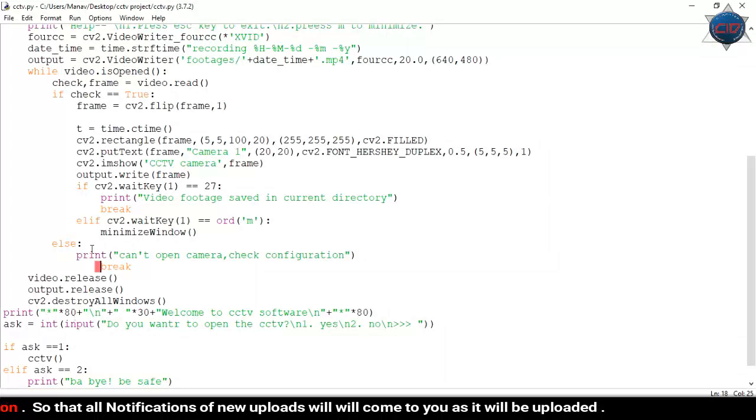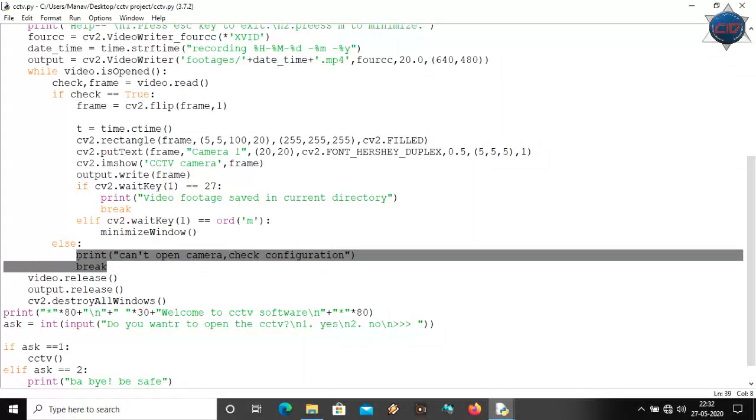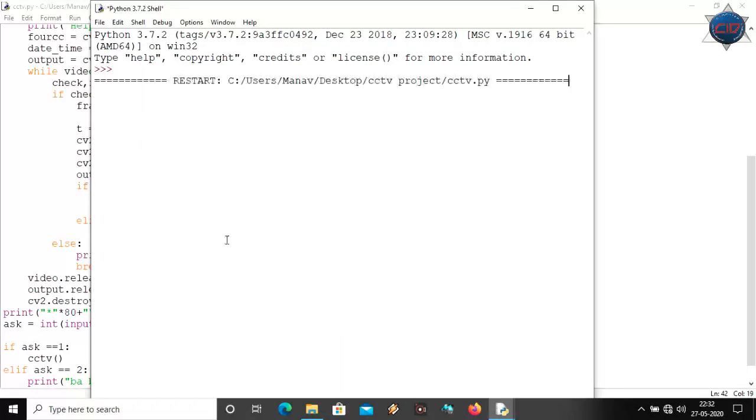There is an expected break here. Now you have to notice that this else statement is for this if. That means if the check is not true, if the check is false, then it will run this. Okay, that's it. Control plus S to save and run this again.